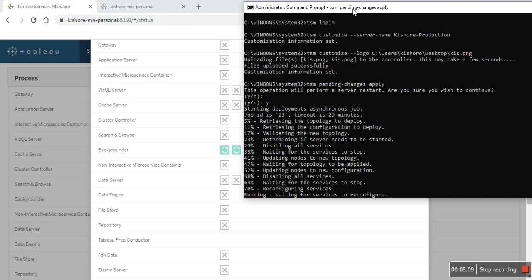Okay, all the services have been stopped. Now the new changes are being written. You can see it is waiting for all the services to reconfigure with the new changes. The customization information has already been overwritten, and now all the services have to reconfigure with the new changes.